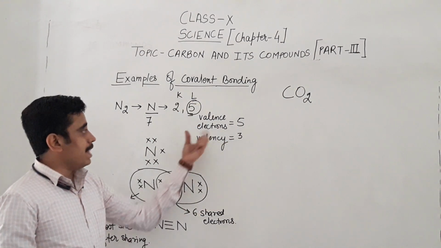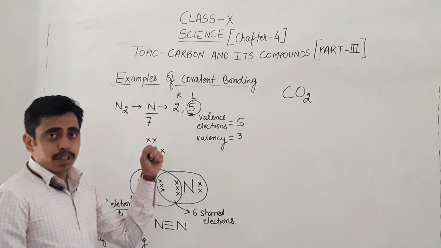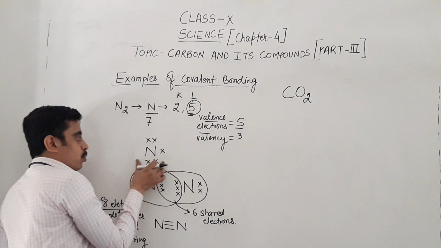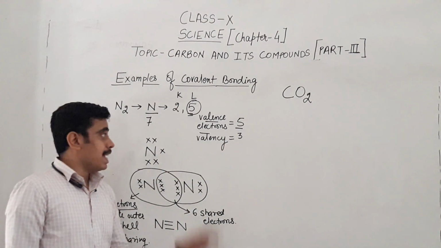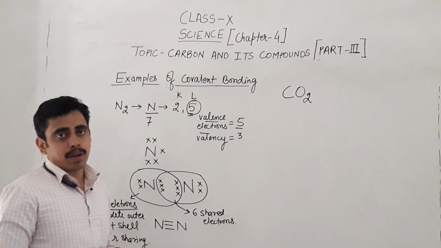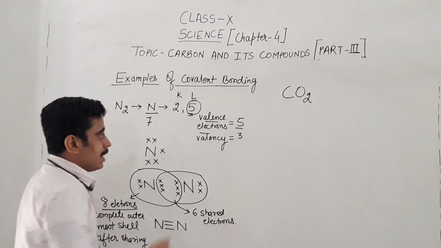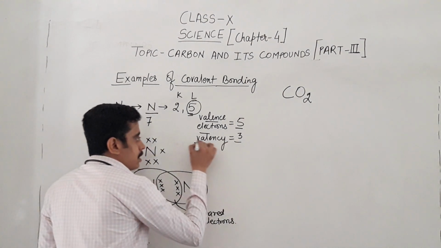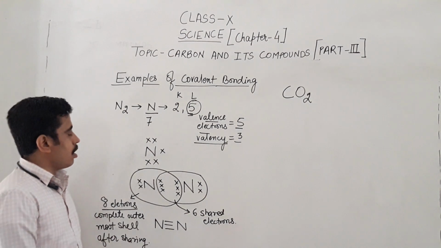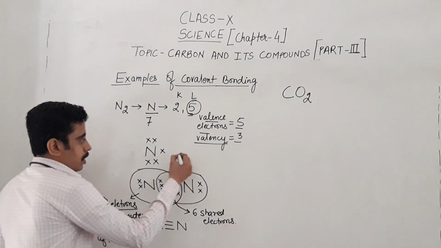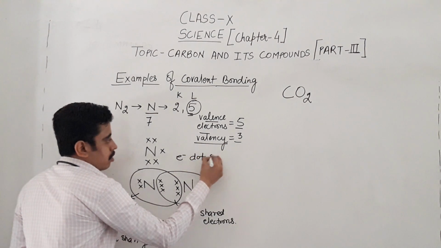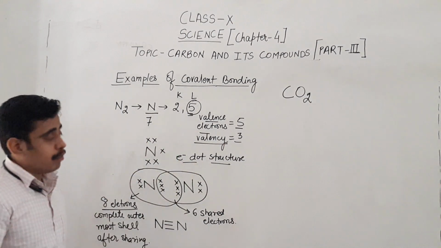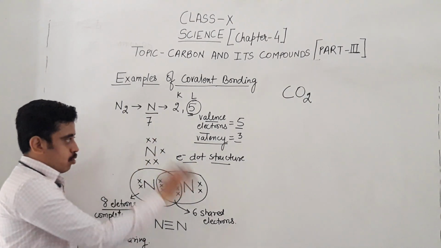So what are the valence electrons present in nitrogen? There are 5 valence electrons, as shown here. Now how many electrons does it require to complete its outermost shell? It requires 3 electrons to complete its outermost shell. That's why the valency of nitrogen is 3. So this is the electron dot structure of nitrogen,